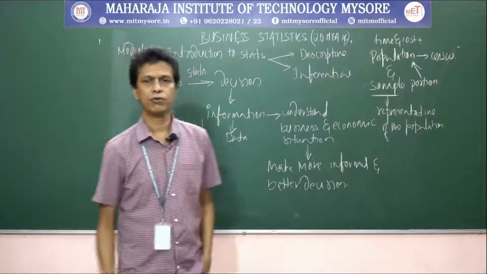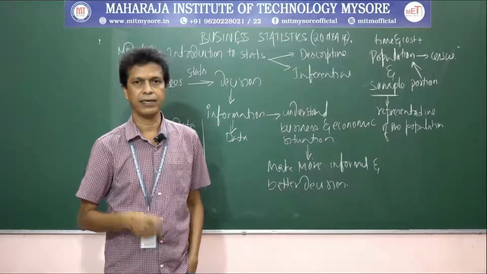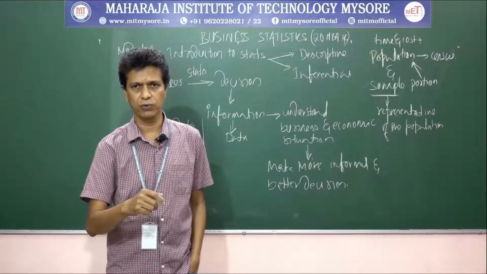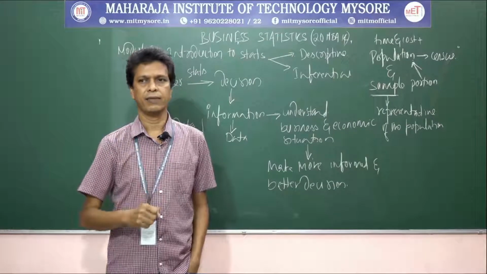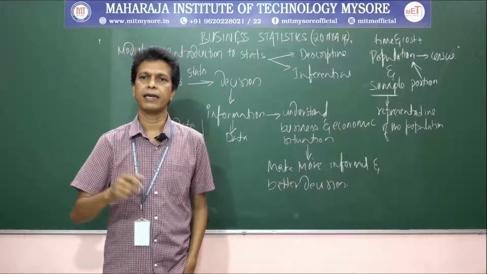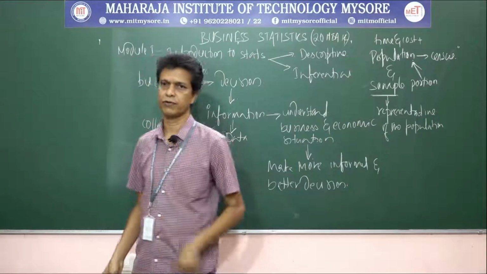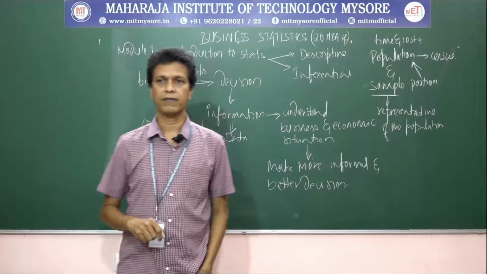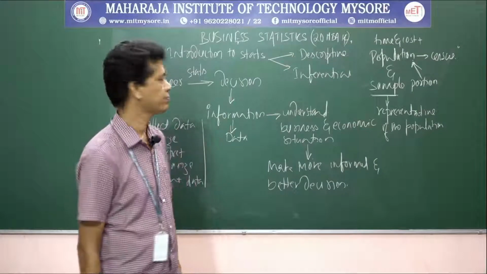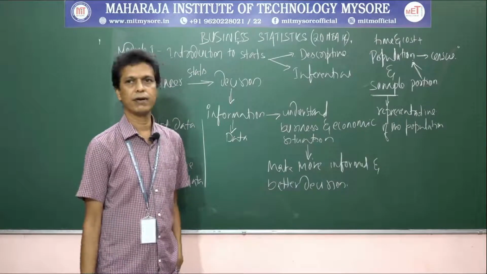For example, in conducting a quality control experiment to determine the average life of a light bulb, what happens? Do you think the light bulb manufacturer will collect all the bulbs and test them? No, he will collect randomly a sample of 75 to 100 bulbs during the production run and test the lifetime and then infer the same about the whole lot of bulbs that he has produced. Okay? That is why the larger group of elements in a particular study is called the population and the smaller group is called the sample.